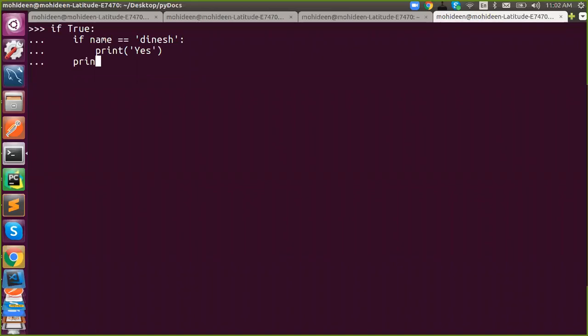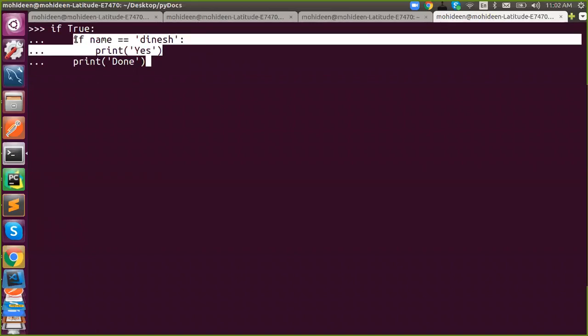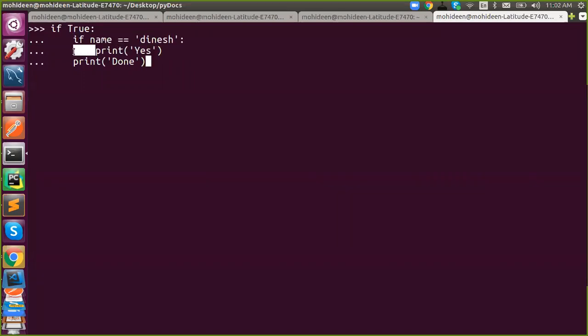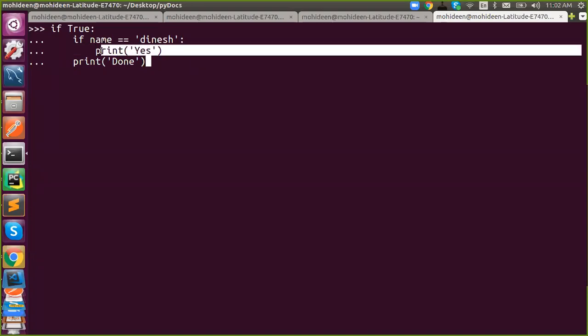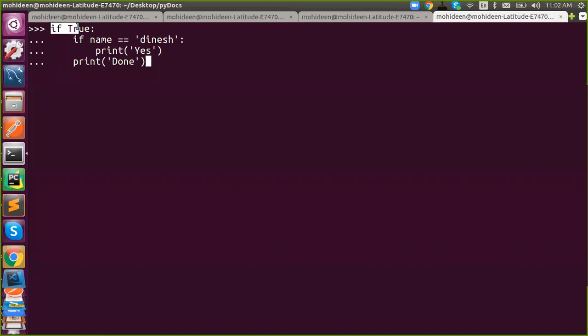So that means there was no colon after the print, and that's the reason it's a new block. Now this block has ended because I am done with my code. This block has a single expression to execute, and I'm done with it. Once done, I move on to the next line. This belongs to this block, not this block.